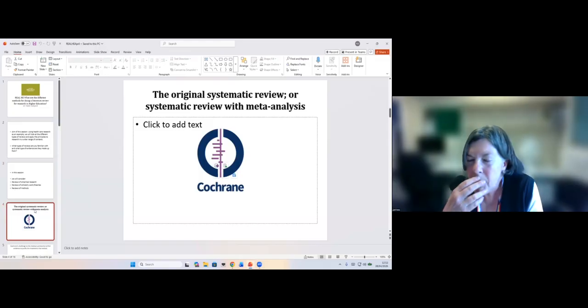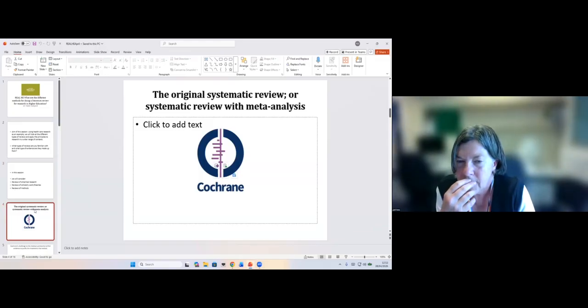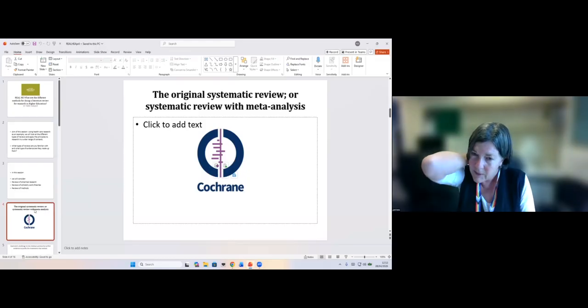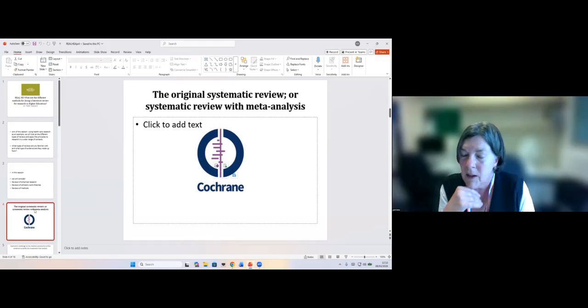Why does empirical research dominate in healthcare? People might have different views, but for me, the answer clearly sits with the development of the Cochrane collaboration, which probably most of you have heard of. It's a collaboration that was established in Oxford in the early